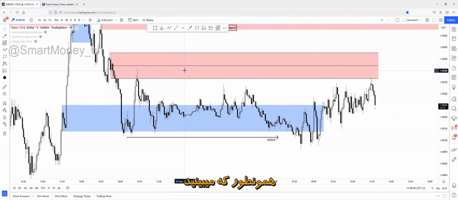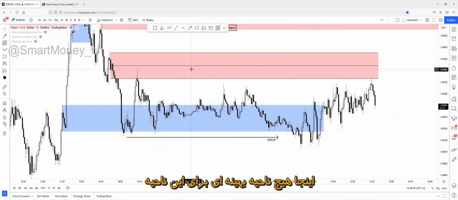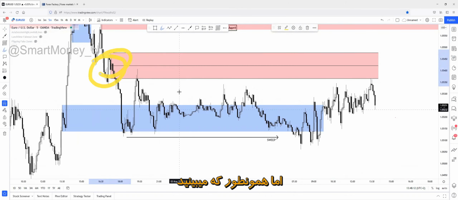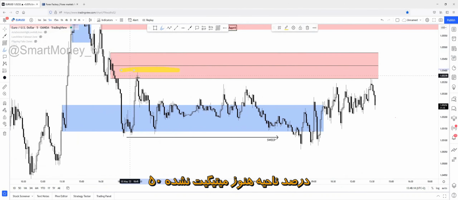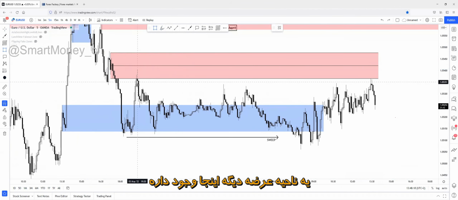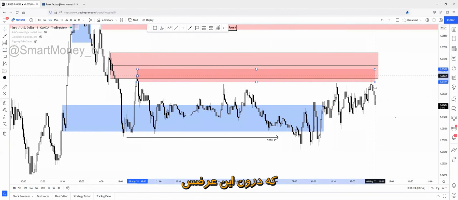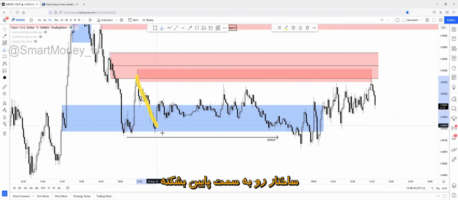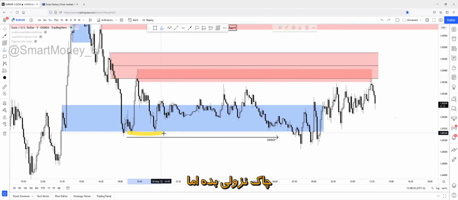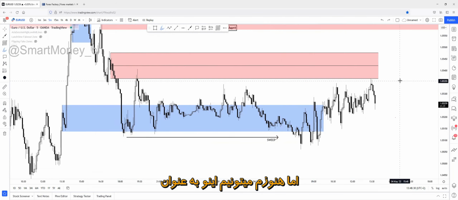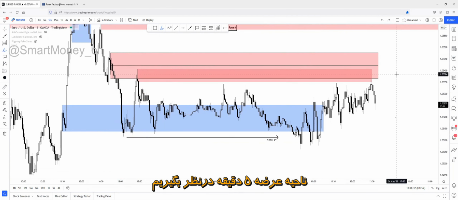As you can see, there's no clear refinement of this 50-minute zone because this is just a mess also. But the 50% has not been mitigated yet, as you can see. But there's another supply zone right here inside of this supply zone, which literally created nothing because this supply zone couldn't break structure to the downside here, couldn't even change character to the downside, but created liquidity. But we can still consider this as a supply zone on the 5-minute chart.